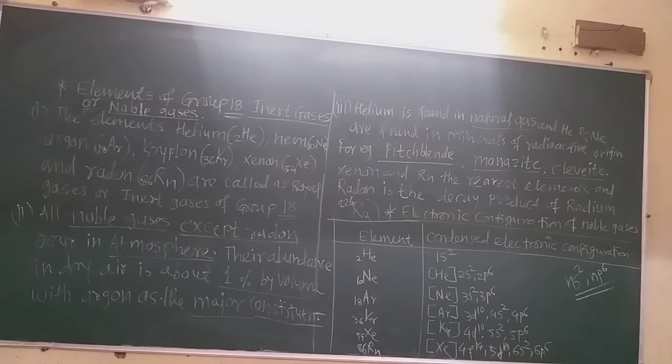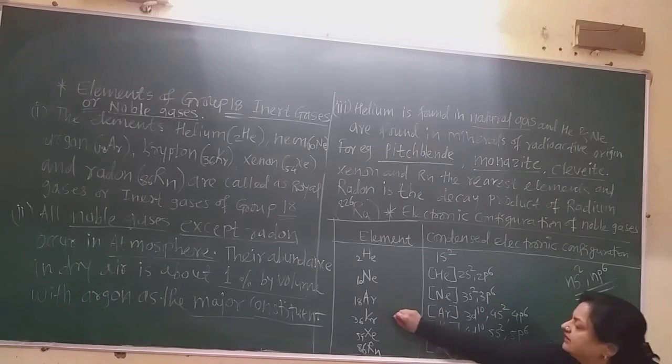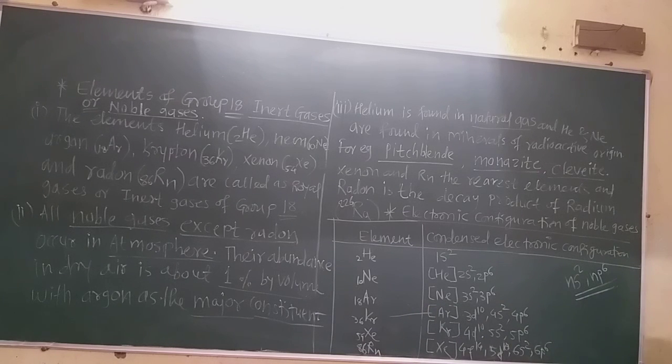Now argon, having atomic number 18, has the electronic configuration as neon up to 10, then 3s2 3p6, that is, the 18 electrons are there in argon. Krypton has the condensed electronic configuration as argon up to 18. Now the d orbital started from the third main energy level, so 3d10 4s2 4p6. As you are seeing here, all the inert gases have the outermost configuration in general ns2 np6, and